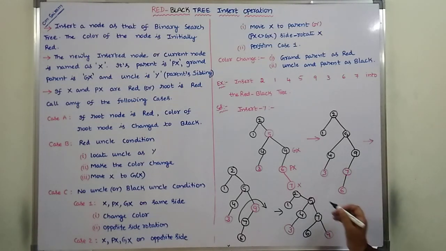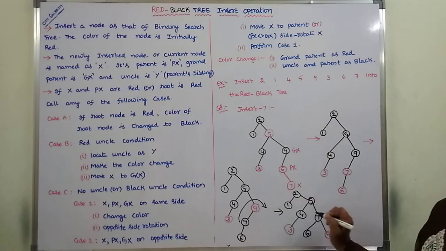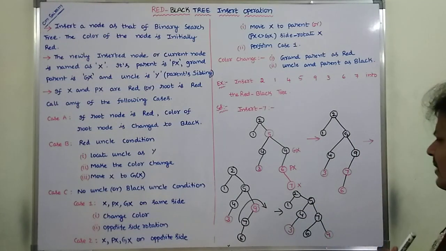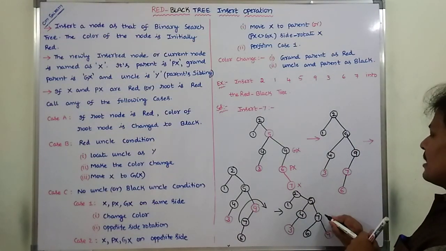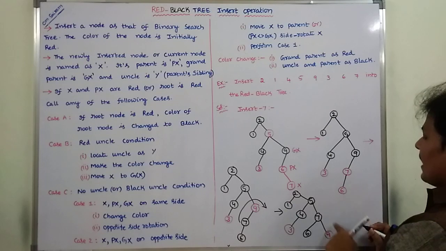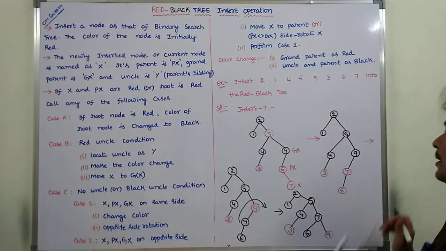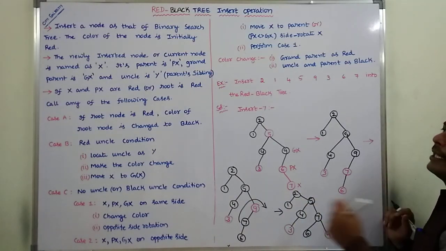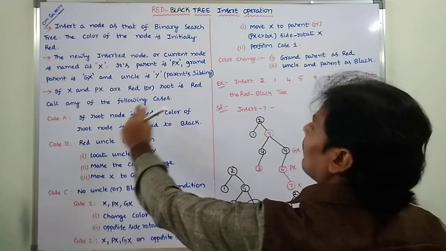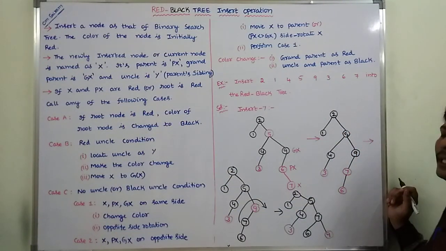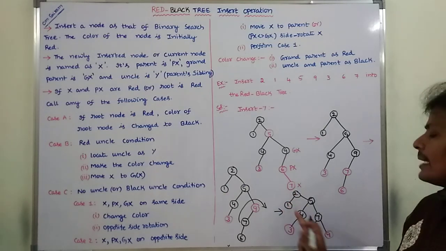Okay. So this is the final red black tree. First we have to check if it satisfies the red black tree properties or not. Okay. So if x and px are red, here this is x and this is px. This is gx. X and px are red? No. This is false. Root node is red? Root node is black. Okay. So now these two conditions are failed. So now there is no need to go to case A, case B, case C. Now consider any path contains